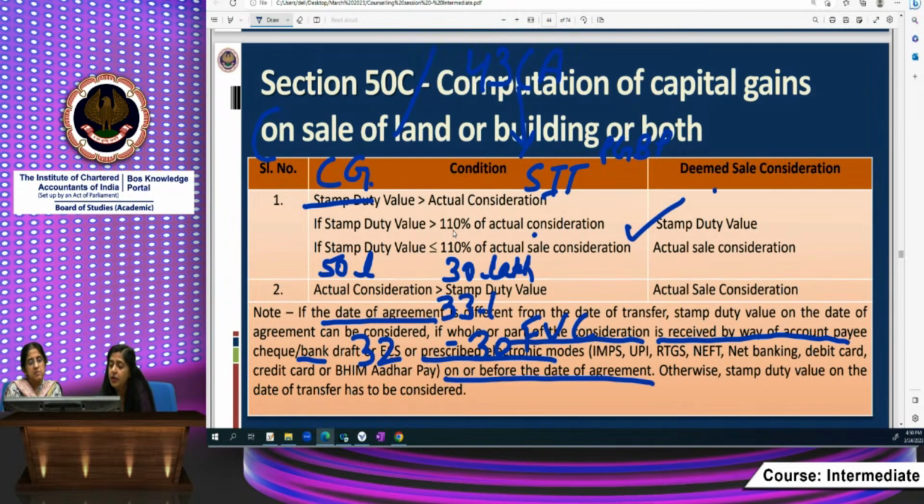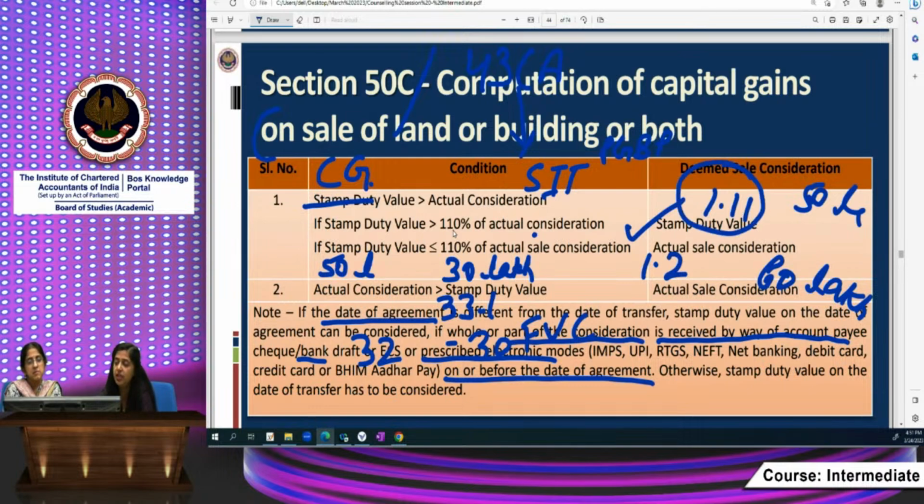Suppose the date of agreement is 1st November and on that date the stamp duty value is 50 lakh. Suppose on 1st February you have transferred and registered the transfer, and on that date 60 lakh is the stamp duty value. Definitely, if you take this value as your full value of consideration, then your capital gain will be higher and you have to pay higher tax. So as per the provision, you can take the stamp duty value as on 1st November, the date of agreement, only if